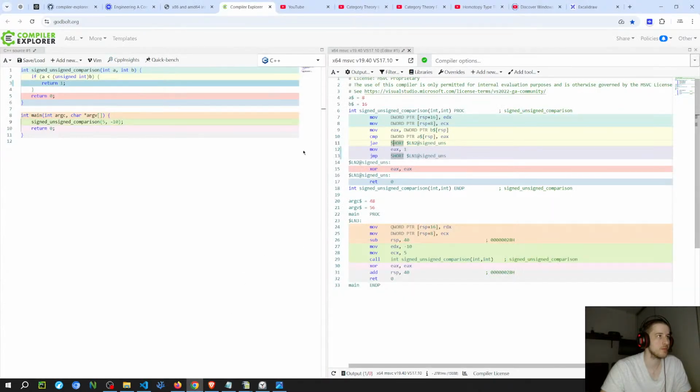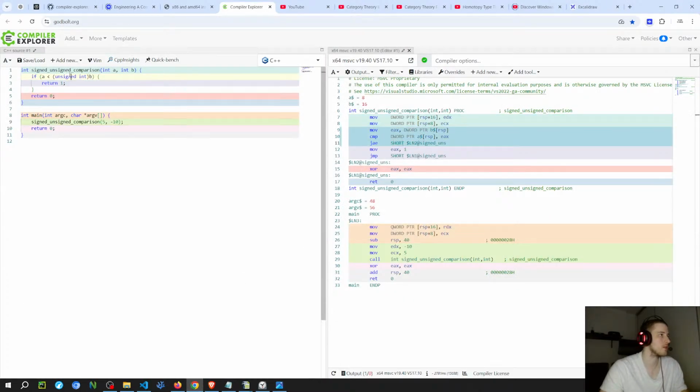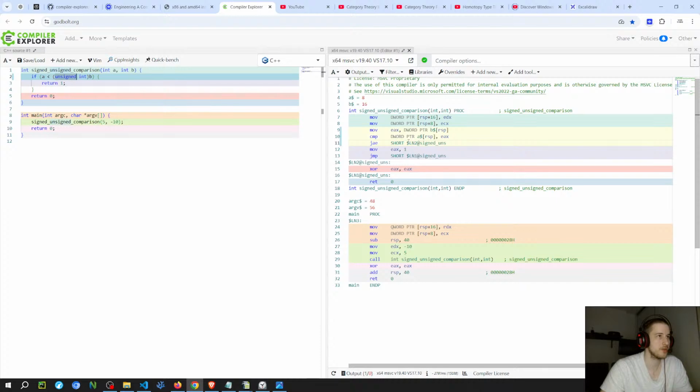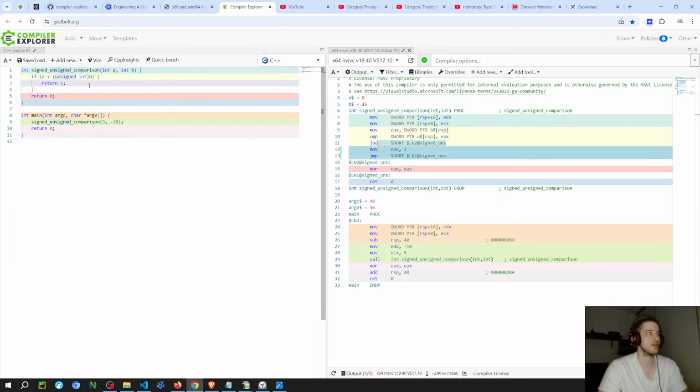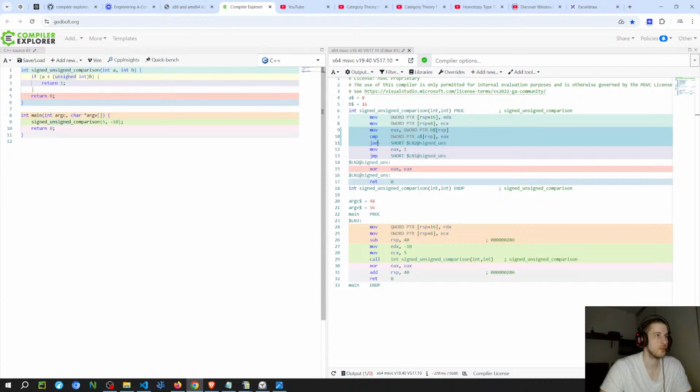It's gonna jump. So let me do the other cast again. So I'm gonna switch. So it's using above or equal here. So I wanna see if we move, it's gonna do another jump. Yeah, so I think that the cast doesn't change the value of b then. It changes the comparison, but it doesn't change the value.